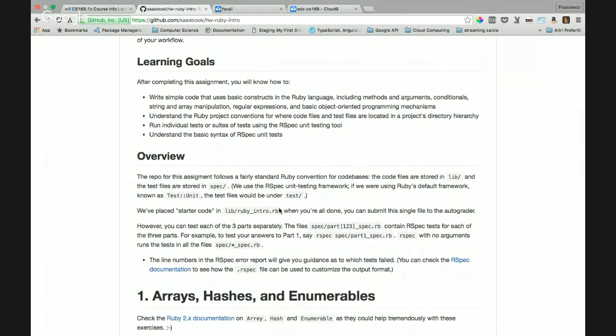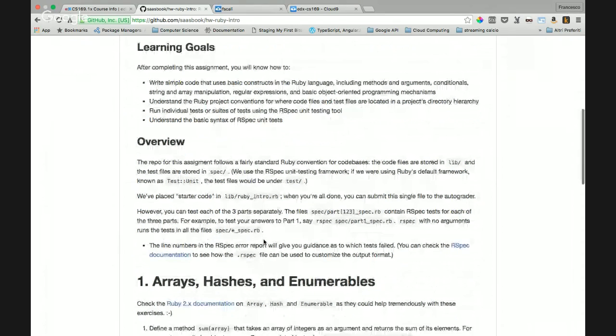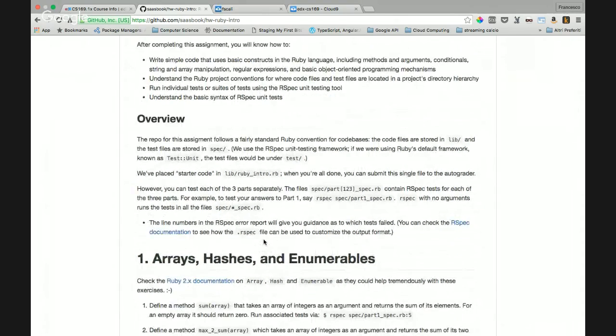So we have to work on the Ruby intro.rb file. There was a video with an example of how to solve the first function. Yeah, I saw it. So let's try to make a test fail. I'd like to see a test fail.